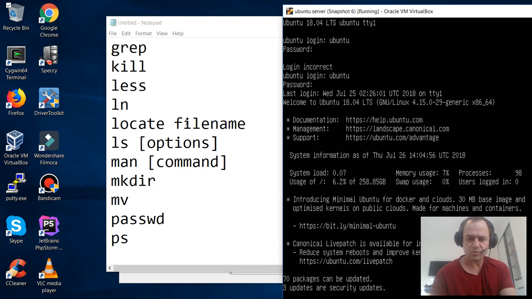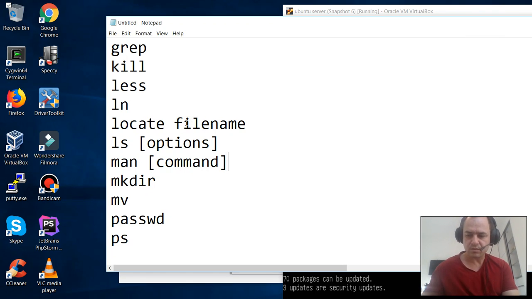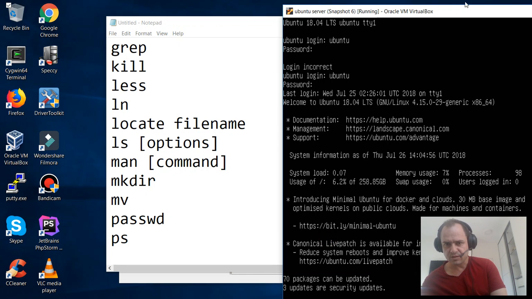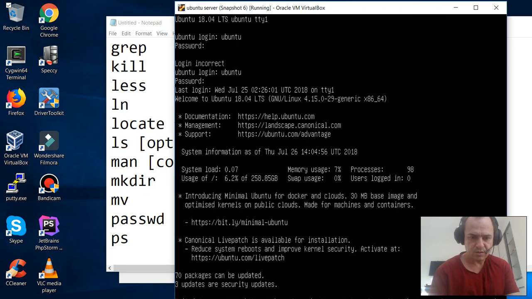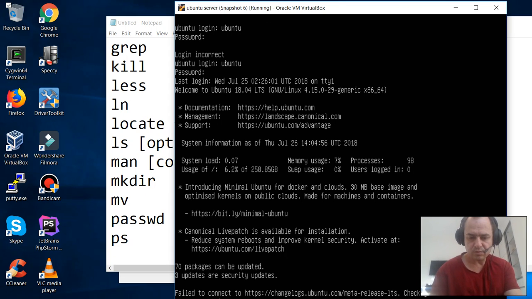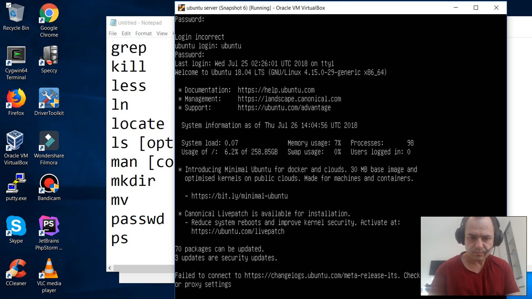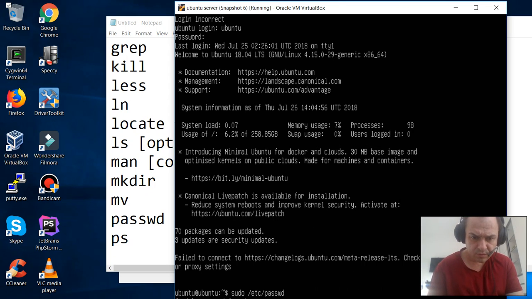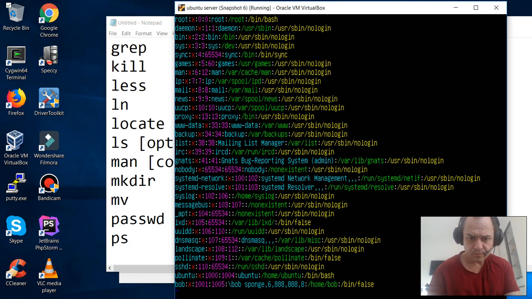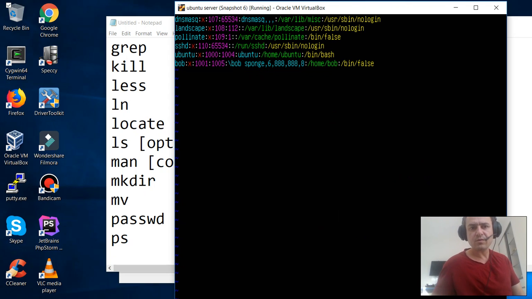I can also sudo, no, let's go sudo vim etc passwd. I hope this is right. Yes, and now I like Bob because he's invited me to